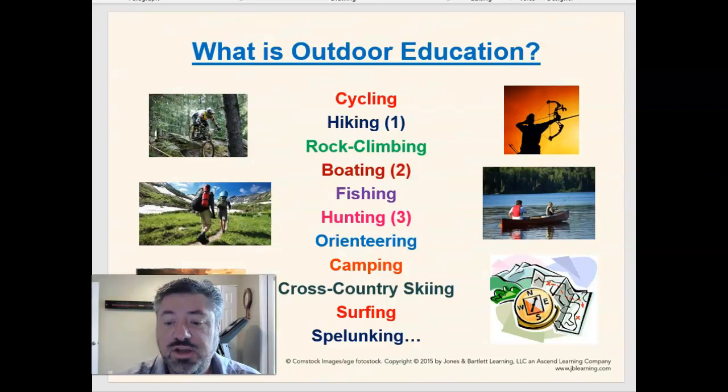Orienteering. What is orienteering? Orienteering is the use of maps, compasses, technologies to navigate or find your way. You can do this in different ways. You can have some maps and have them read a map. You can have them design a plan to get from one spot to another. Or you can even do the newest